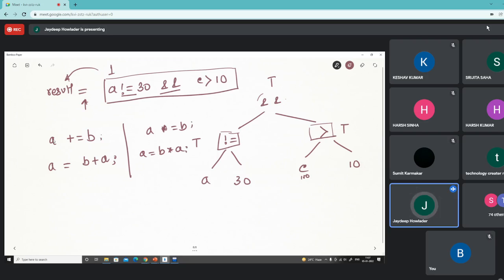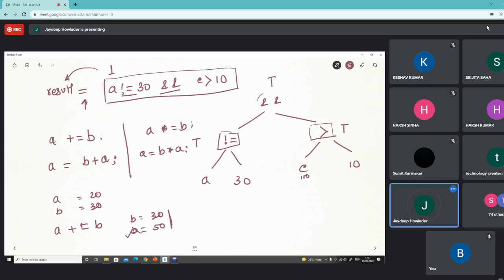This type of shorthand representation is also defined in the C programming language. What is the meaning of this? If A has the value of 20 and B has the value of 30, then after A plus equals to B, B will still have the value of 30, but A will have the value of 50 because the value of A is modified to 50. Understand? Clear?